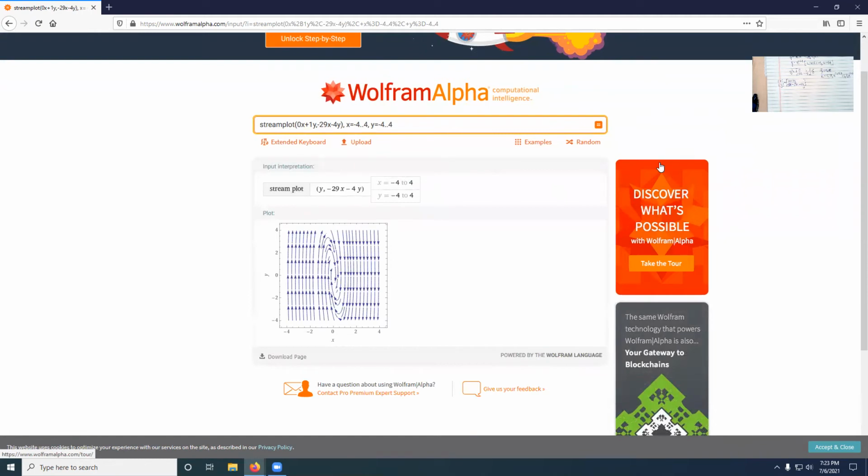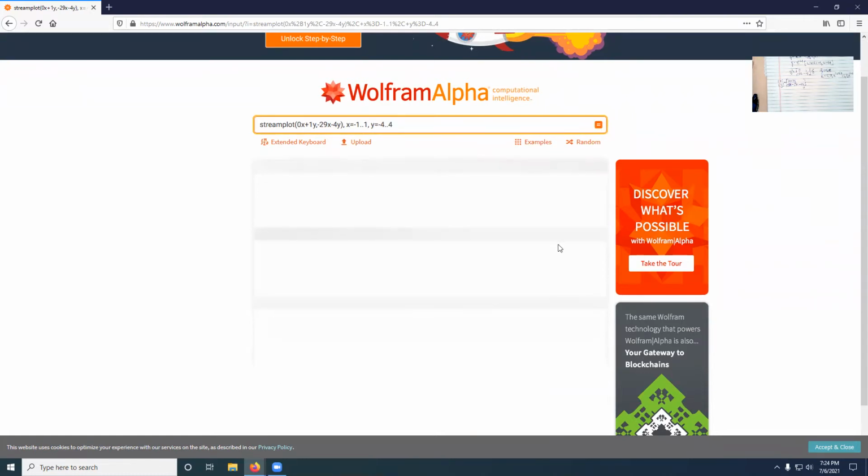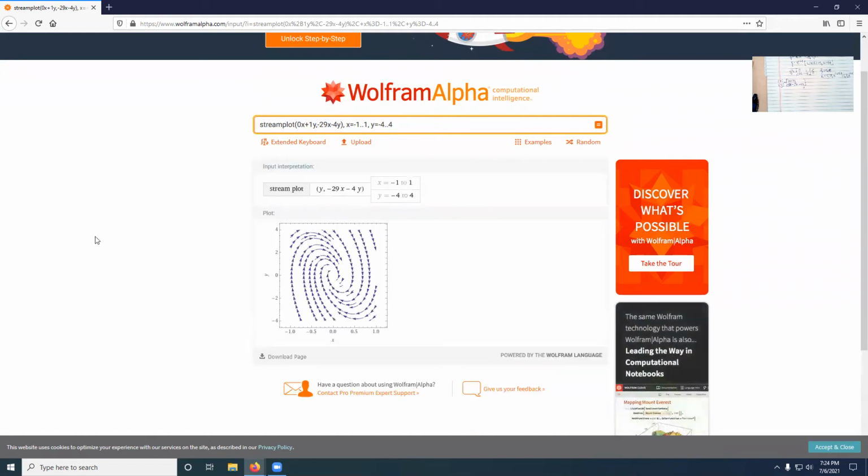And there we are. It is a spiral, sure enough. It's not so easy to see here. So how about if I expand along the x-axis? Let's go from minus 1 to 1. So we're distorting this by stretching it along the x-axis. And here you can easily see that it is indeed a spiral, and you can see which way it's spiraling in. So the phase plot, or phase portrait,